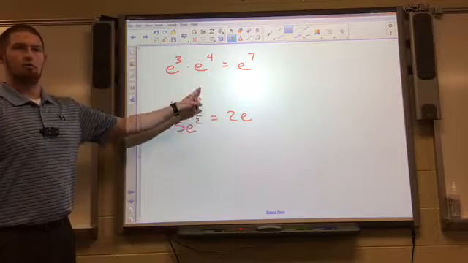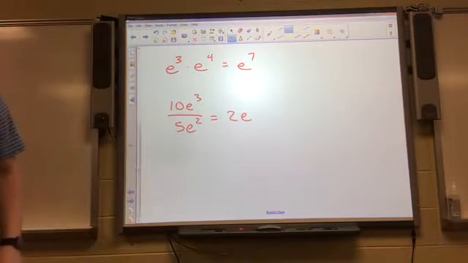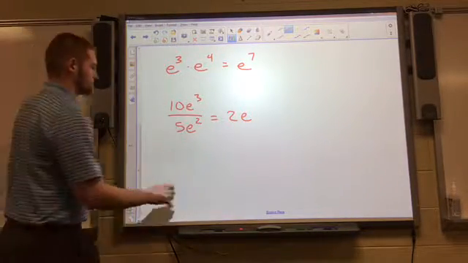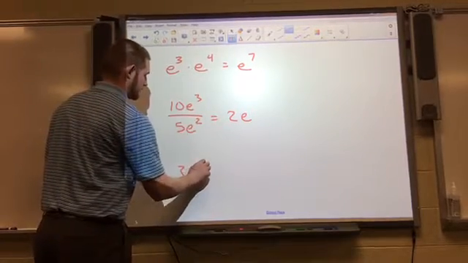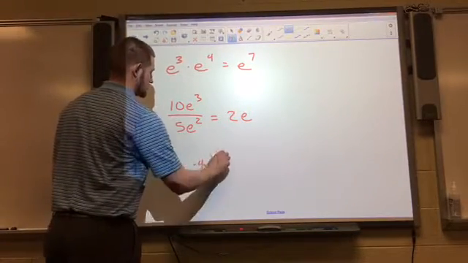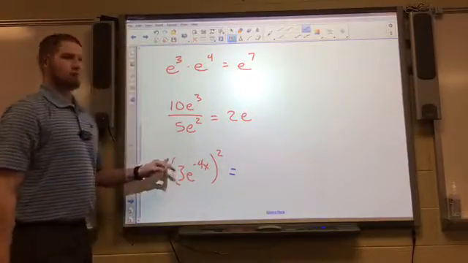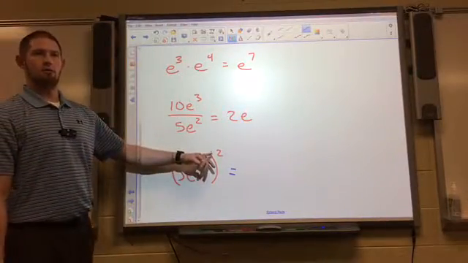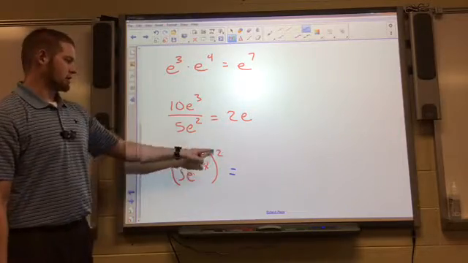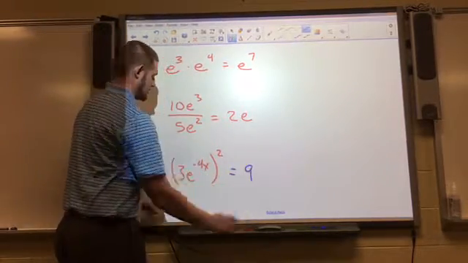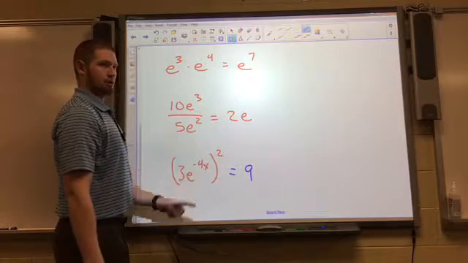What do you do here? You subtract. Okay, and then the last one they have 3e to the negative 4x squared. Okay, this one might be a little longer. That squared goes to what? Everything. So 3 squared is 9. E to the negative 4x squared is